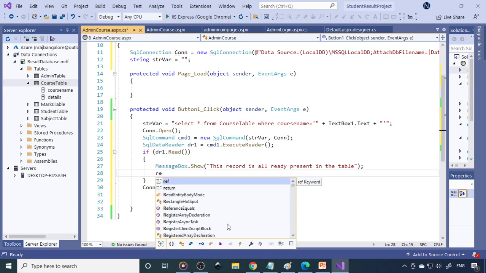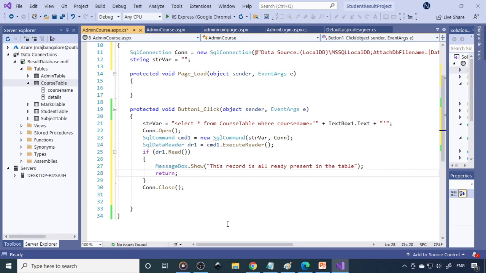So you have to say return. Before returning, we need to close the connection here because the connection was opened here. If the connection is open, we need to close it. Anyhow this connection is not required after this, therefore we can close it here.